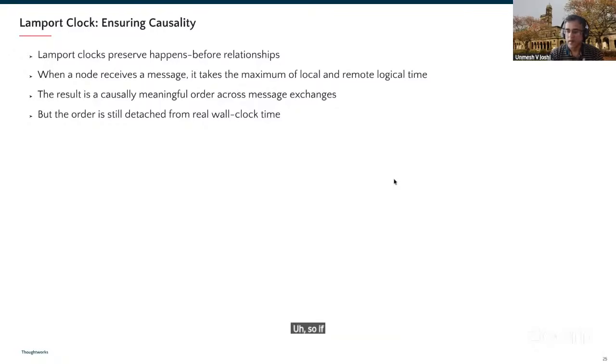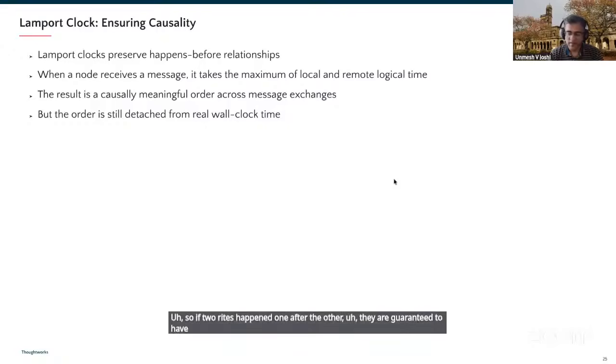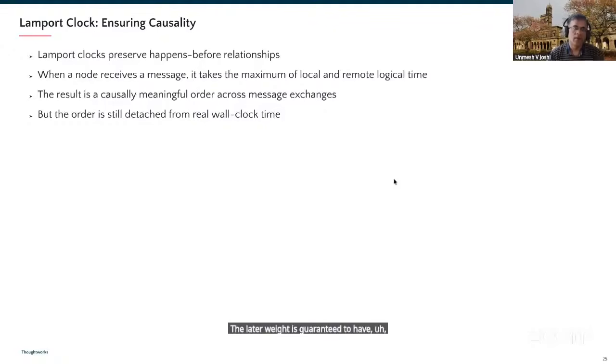So if two writes happened one after the other, the later write is guaranteed to have a higher version. And in distributed consensus protocols like Raft, you might have heard of the term "term", or Paxos's ballot. Or in Cassandra, you have something called a generation number, and they are essentially implementations of this Lamport